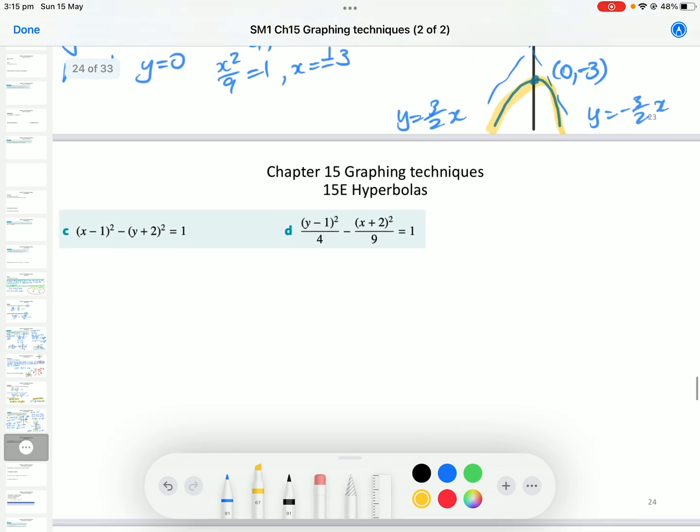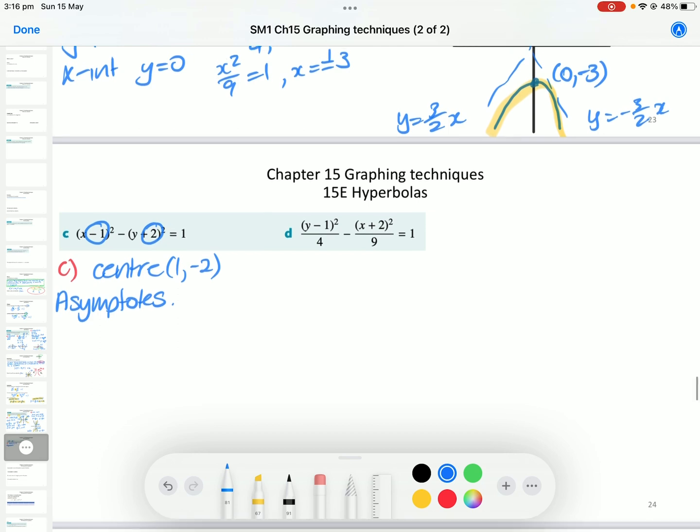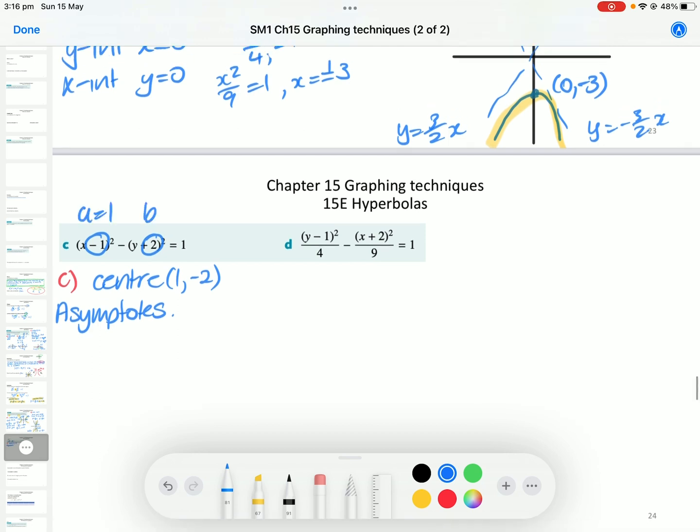Let's see what happens when we get to the next ones. And again, we'll have to use our calculator to solve because some of these get a bit tricky. So first of all, we know that the centre is at positive 1, minus 2. The asymptotes, well, we know what our equation is. And we know in this case that our a equals 1 and our b equals 1 because these are both over 1. So the asymptotes will be at y equals plus or minus x minus 1